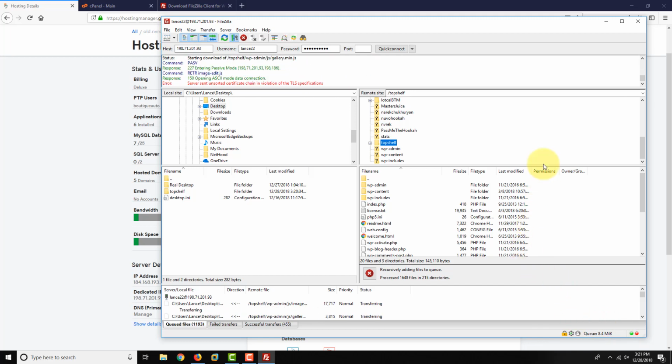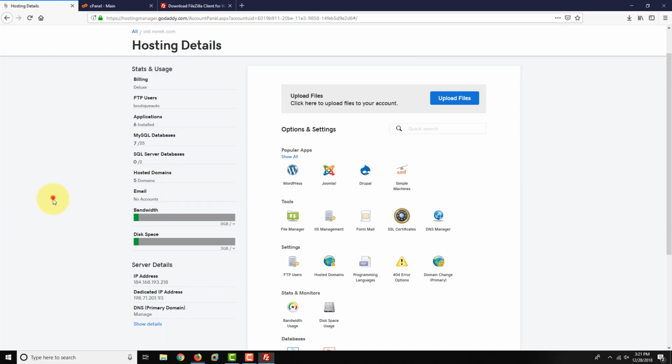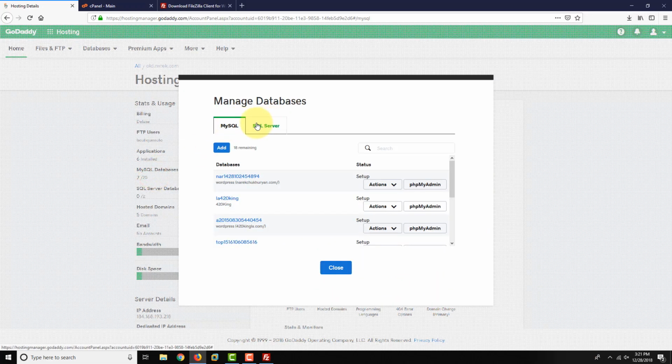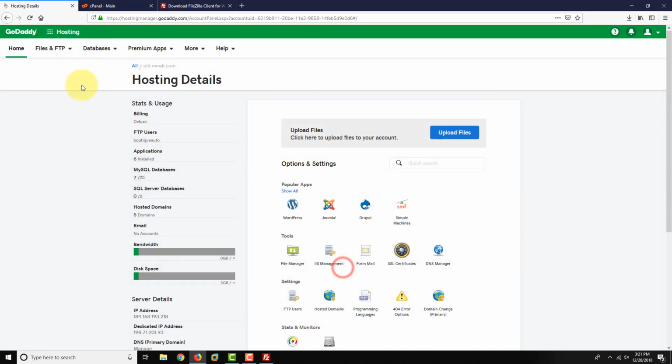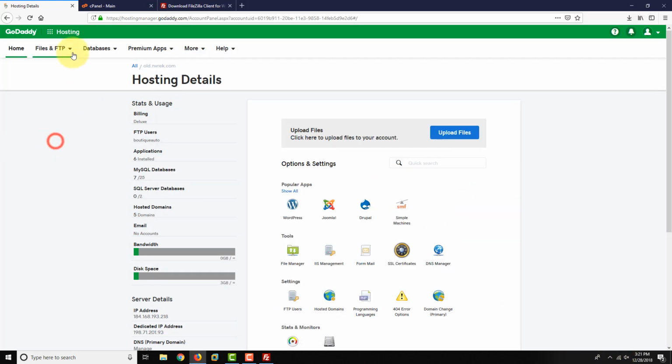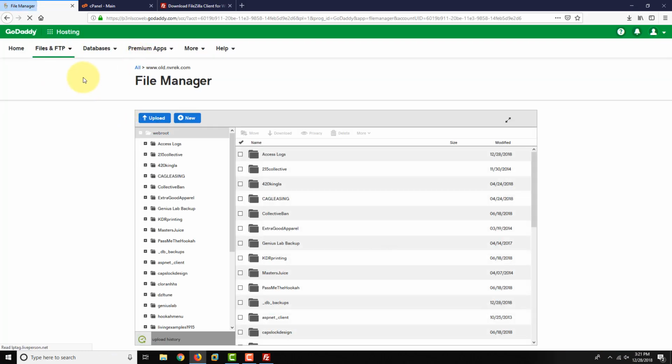So I'm going to let that run in the background, and I'm going to check on the databases. It's looking like the databases have already backed up here. So in order to download that, I could do that through FTP, but since it's already in the process of downloading some stuff here, I'm going to download it through the built-in file manager that comes with the legacy hosting panel. And remember, when we create a database backup in the legacy hosting, it is always going to go into